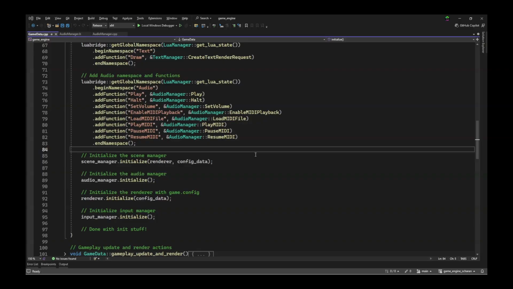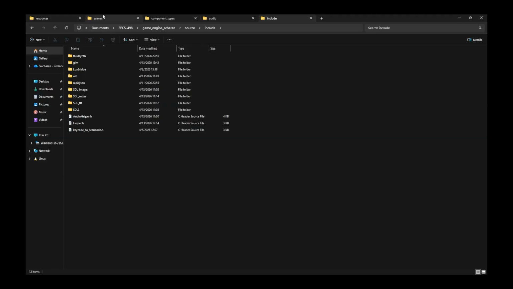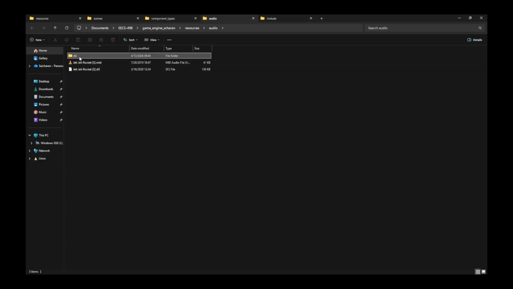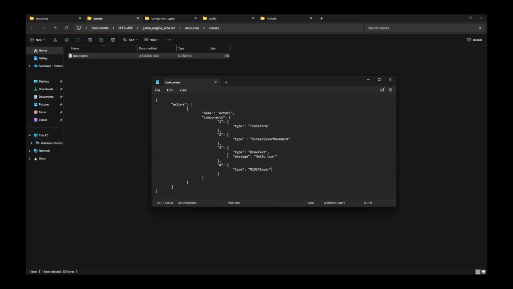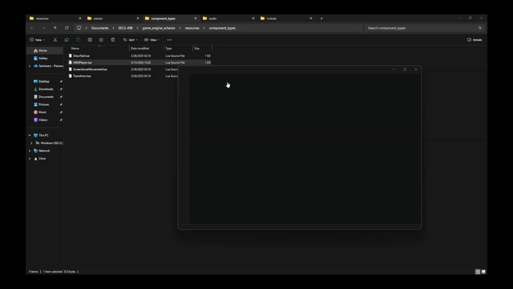But yeah, to show you what components I added for this, I will show you right here. So in our resources folder, we have audio as per usual. And as I showed you, don't worry about this. We have a MIDI file and an SF2 file with the same name. I do expect it to be like that, though I could add support for multiple SF2 files in the future. And once we go to our scene, we have the actor here with a MIDI player component. And once we go to our component types here, you will see a MIDIPlayer.lua file here,